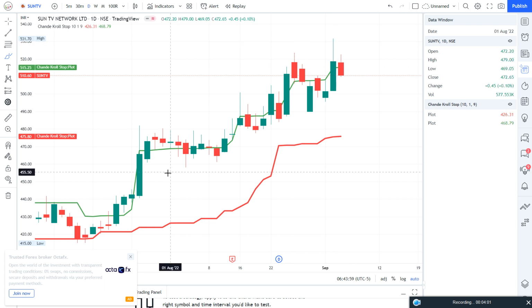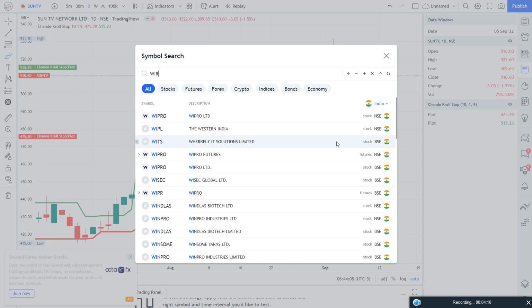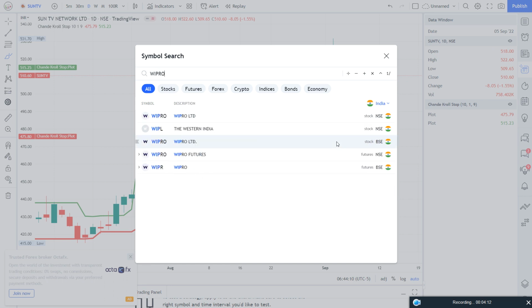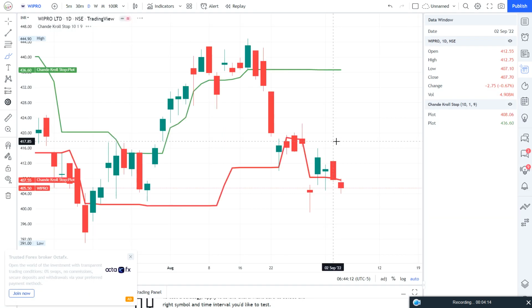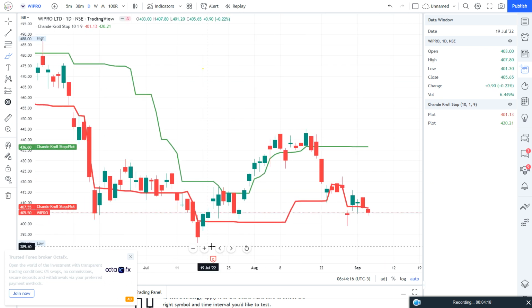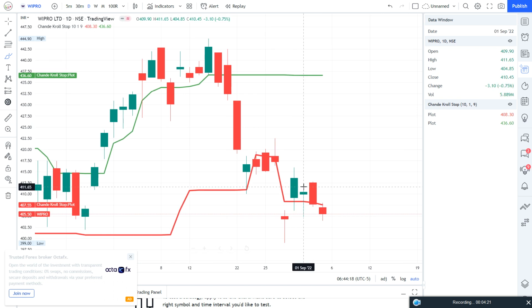But remember one thing, friends, when candle moves with this upper channel, we can get the bull run, and when it moves with this lower band, we can meet the downward trend. Now time to discuss Wipro. People are investing in this stock, but I think you can also realize this is not advisable to invest right now, because candles are moving with this lower channel, lower band. So we should stay away from this kind of counter, this kind of stocks.